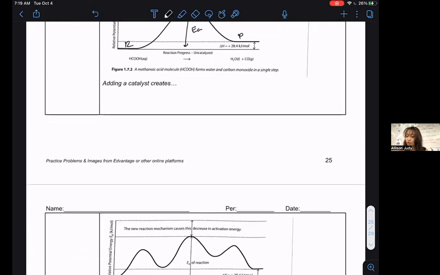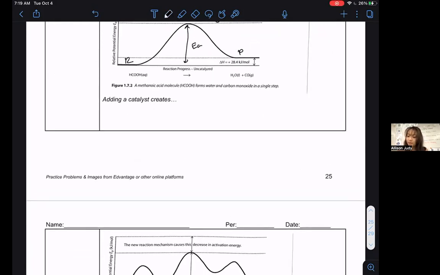And then we even introduced adding a catalyst. And adding a catalyst creates a new pathway to complete the reaction, often lowering the activation energy. And I'm just going to use this symbol for activation energy. But what we haven't really talked about is